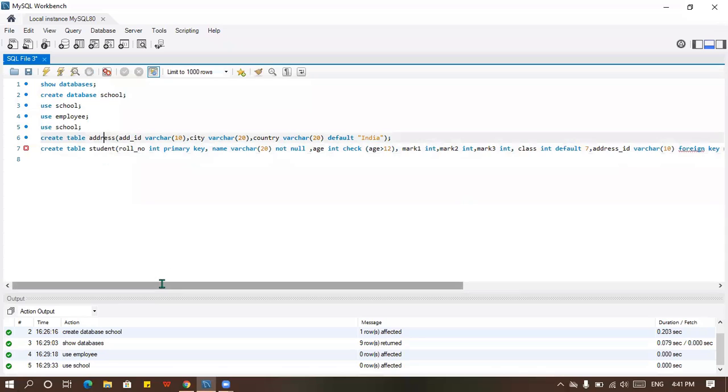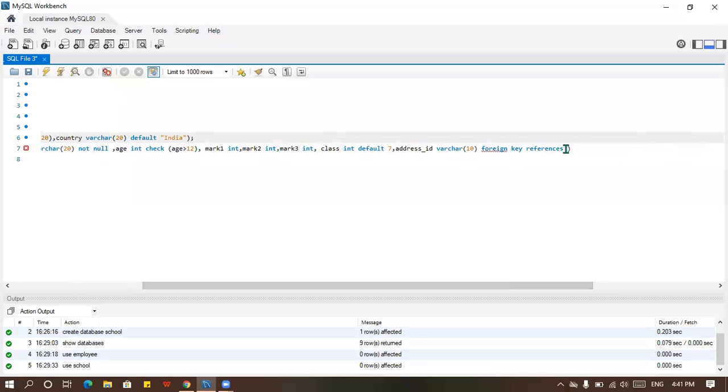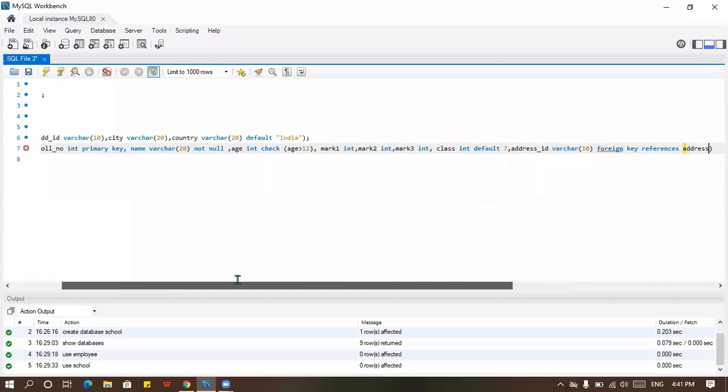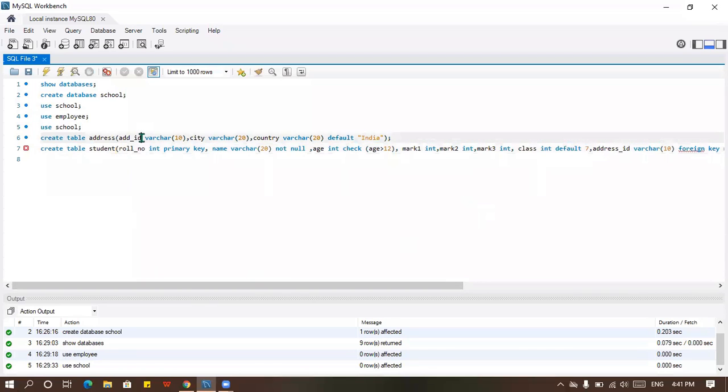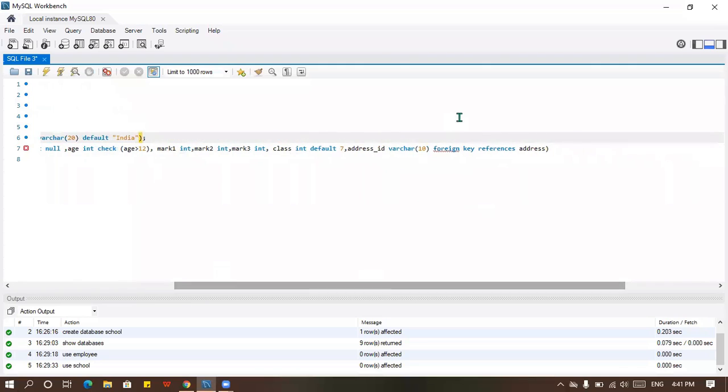Okay, so references address. Okay, and then which column we are going to take it as a reference? Add ID. Okay, so you have to provide it in the bracket there. Okay, add underscore